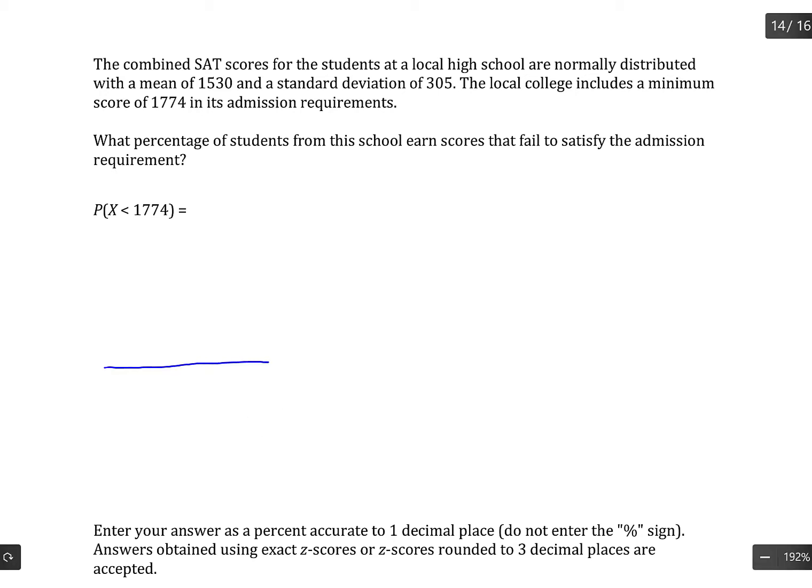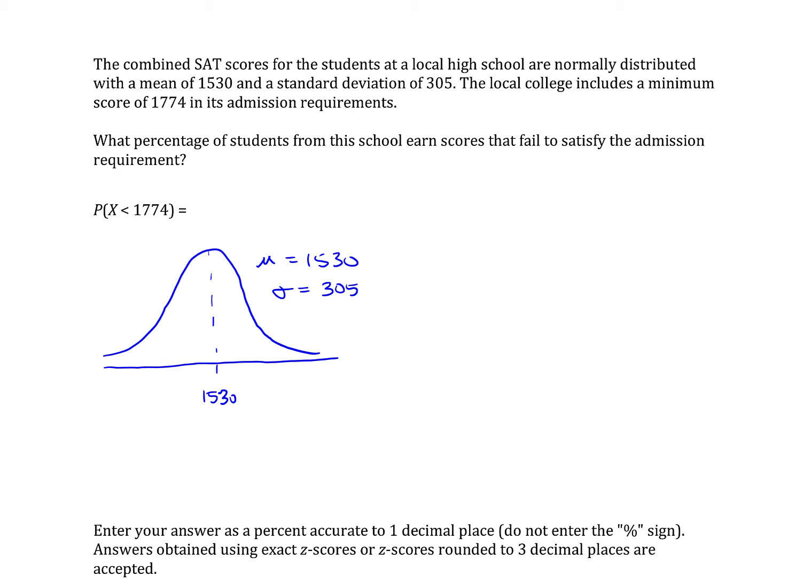All right, so our data is normally distributed, so let's begin by sketching out a bell curve. This bell curve has a mean of 1530 and a standard deviation of 305. So I'm just going to put the 1530 here. Now, in order to get entrance into the college, you have to have a minimum score of